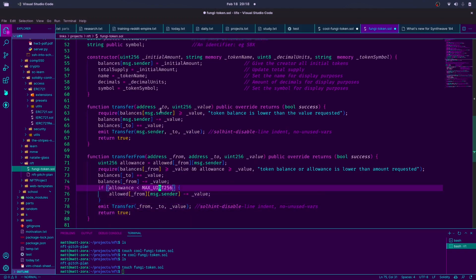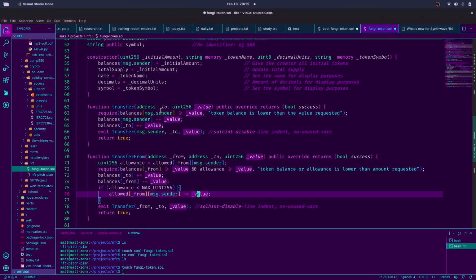And then we check if allowance is less than the maximum amount. If allowance is less than the absolute max of uint, which is very rare, this is just a simple check, then we have to subtract that value. This is just going to ensure that we don't overflow the maximum amount, because sometimes that happens where after you subtract an allowance,